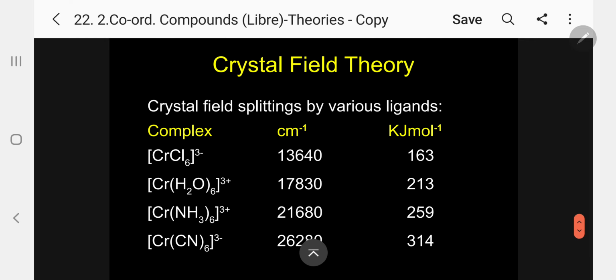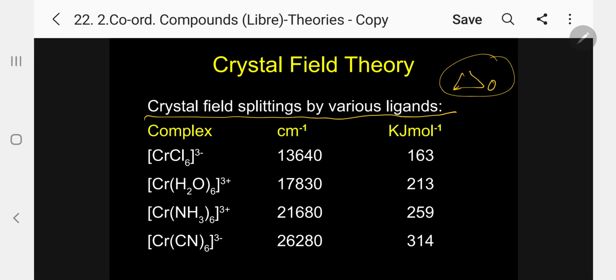Now let me come to the factors I have given already. Crystal field splitting by various ligands depends upon the ligands; the delta zero value varies. Kindly follow. Just take the complex of chromium, that is hexachlorochromium 3 minus,